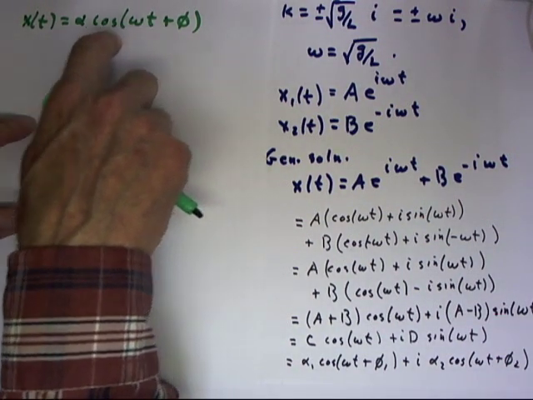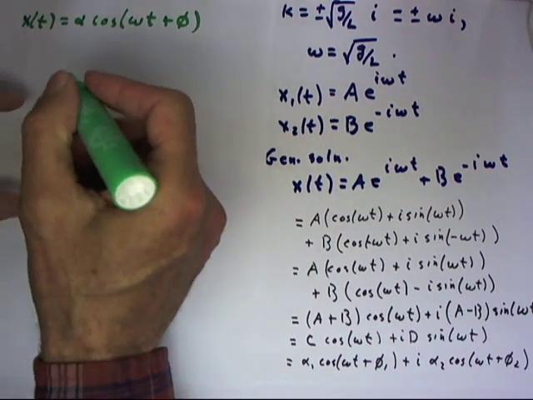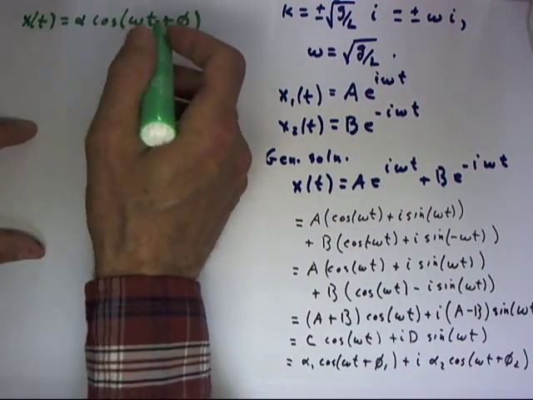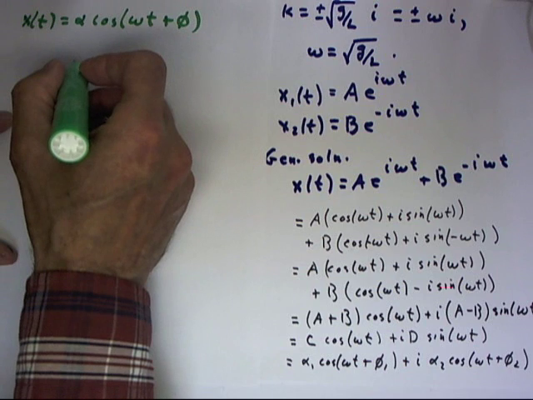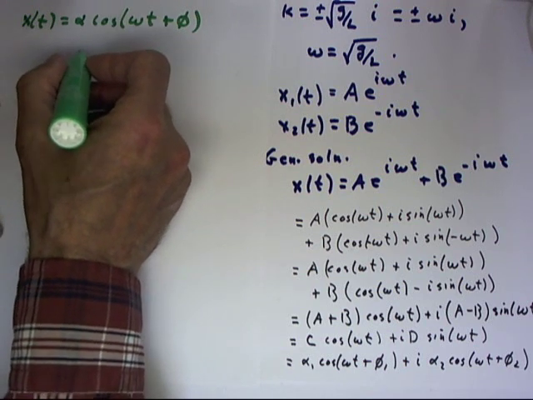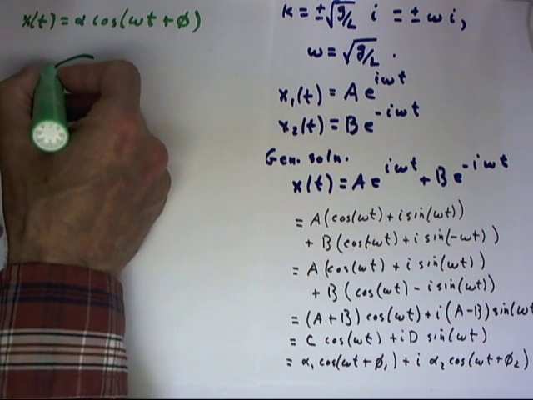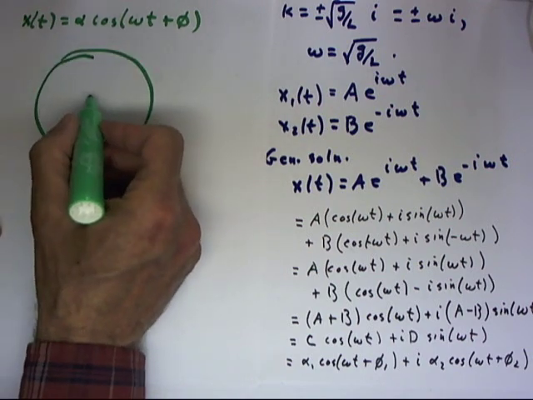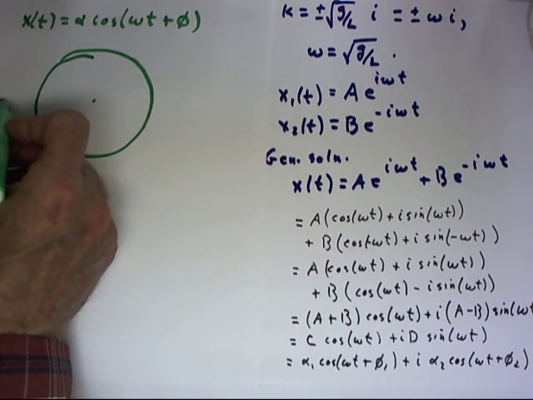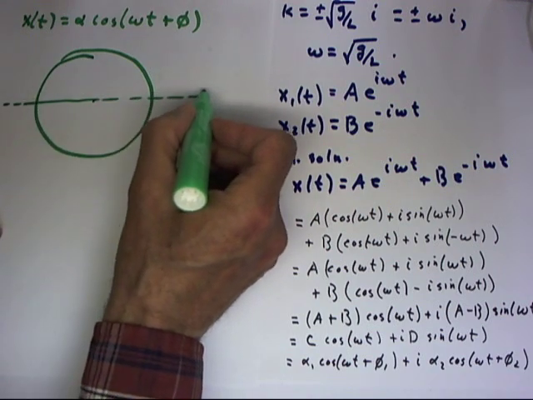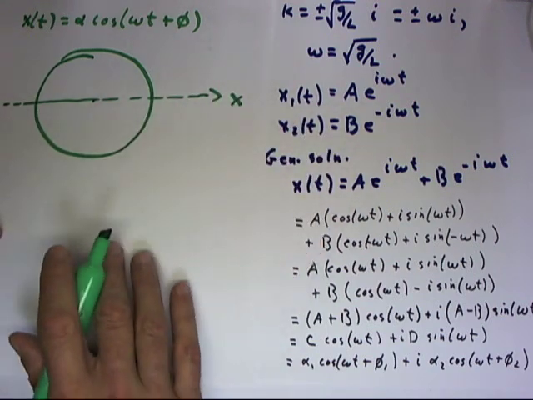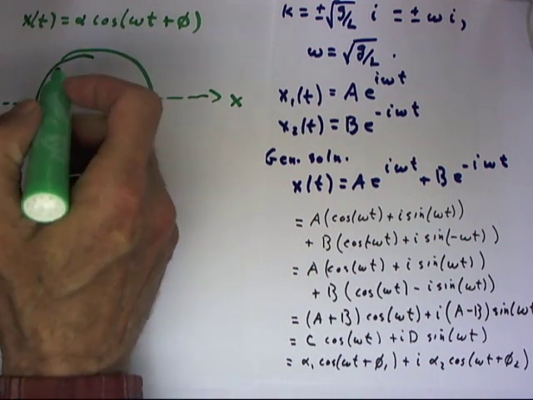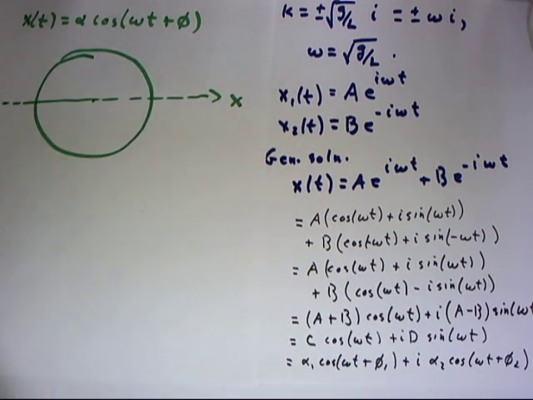This function describes the x-coordinate of a point moving around a reference circle. And let's see if I can draw a half-decent circle. That's not a bad start. Let's put an x-axis here. I think I'm tilting things a little bit, but we'll try to live with this. Okay, now the radius of this circle